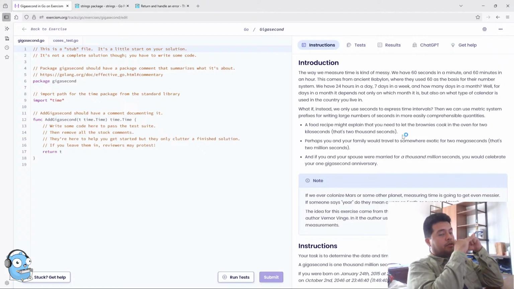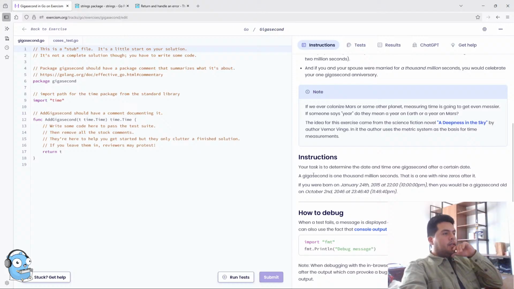That's 2000 seconds. Okay, interesting. Perhaps you and your family will travel to somewhere exotic for 2 megaseconds. That's 2 million seconds. And if you and your spouse were married for 1,000 million seconds, you will celebrate your 1 gigasecond anniversary. For 1,000 million, a billion,